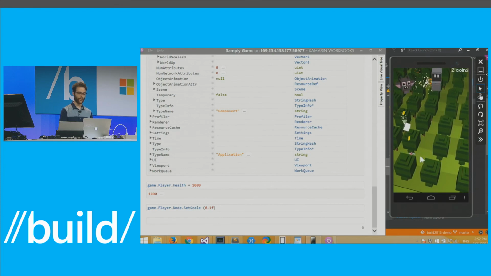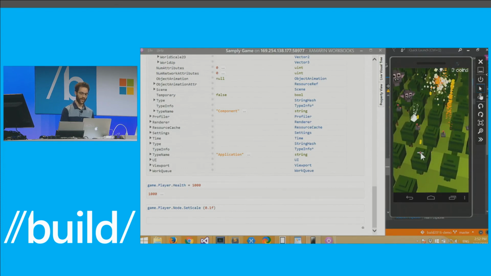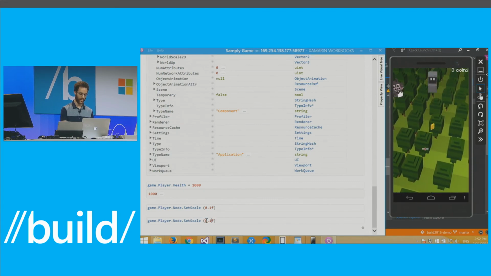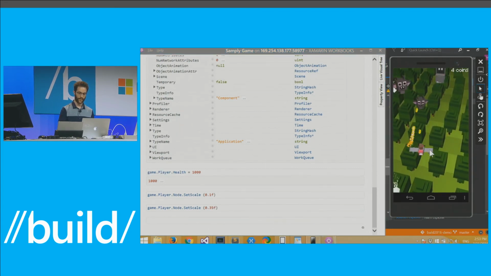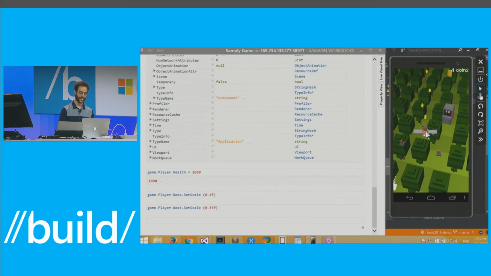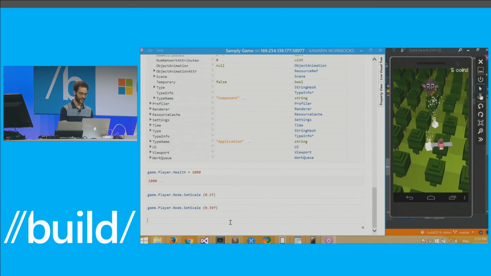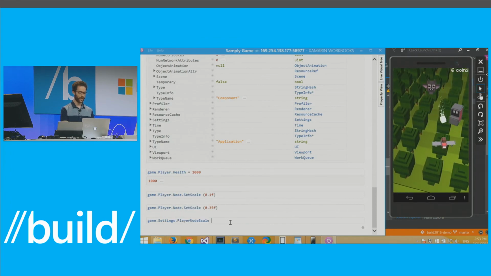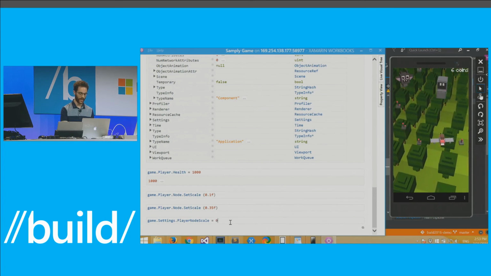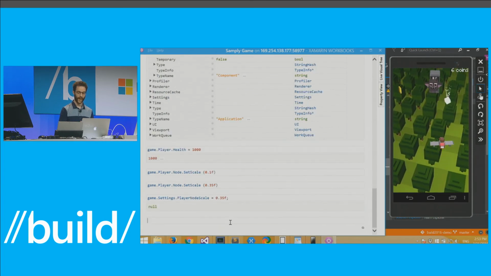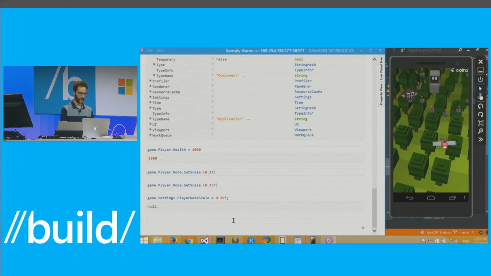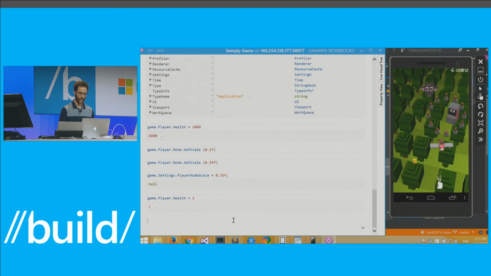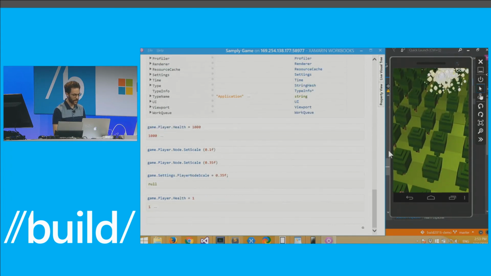So I think I could probably play all day this way, but at the same time, it's not very challenging. So okay, let's pick something else. Maybe 3.5. Okay, that looks better. You guys like that? Okay. So thank you. So now that I found the setting that I like, I'm actually going to put that in the game settings so that next time I die, that's what we'll have. Oh, and let me change the health again so that we die eventually here. Boom.